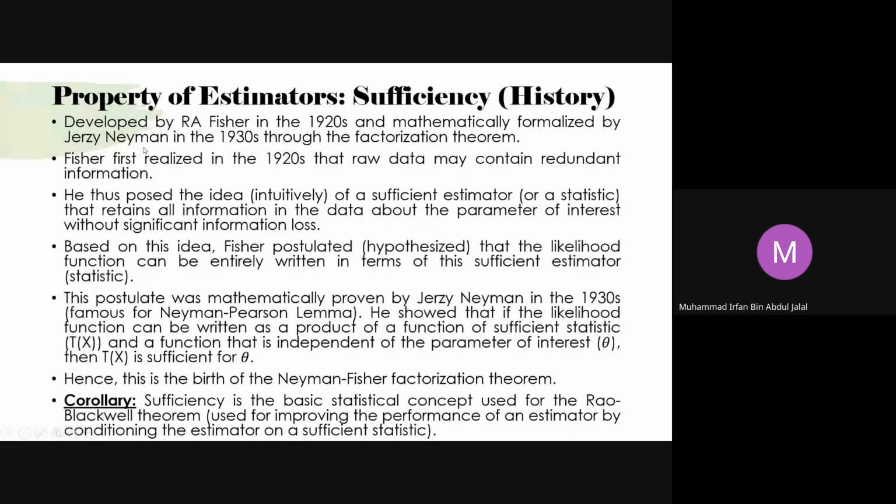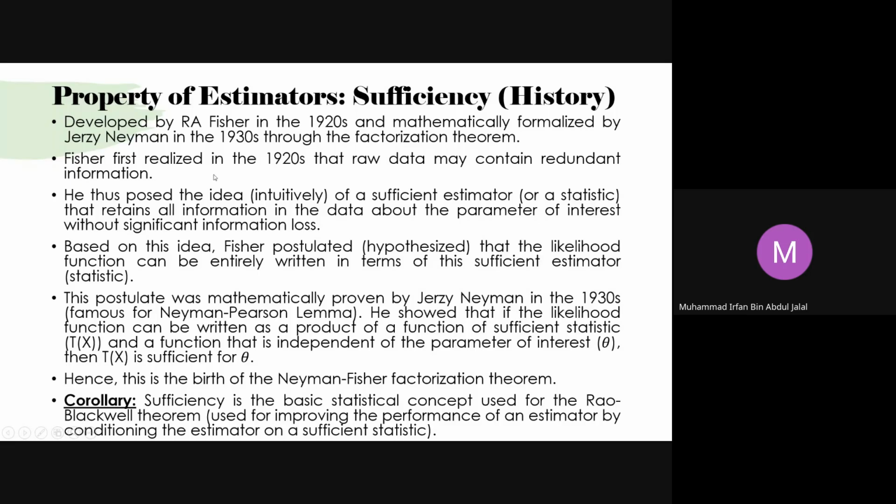Jerzy Neyman ni pun dia famous, nanti later on akan belajar Neyman-Pearson lemma. Dua orang ni, the two statisticians that develop the idea of sufficiency, and then Jerzy Neyman ni orang yang prove that the sufficiency ni mathematically through the factorization theorem,